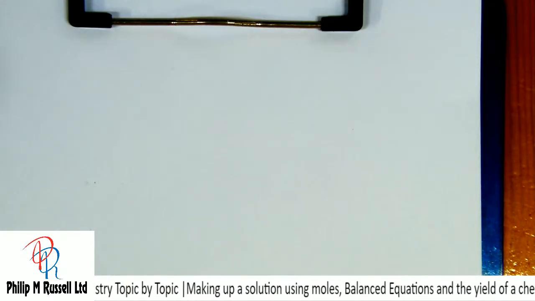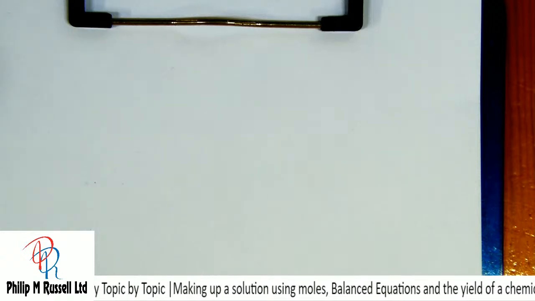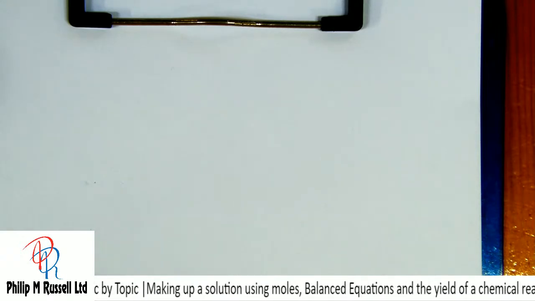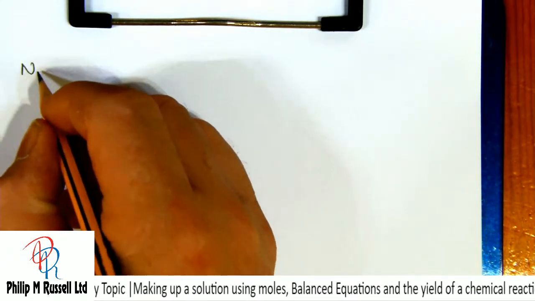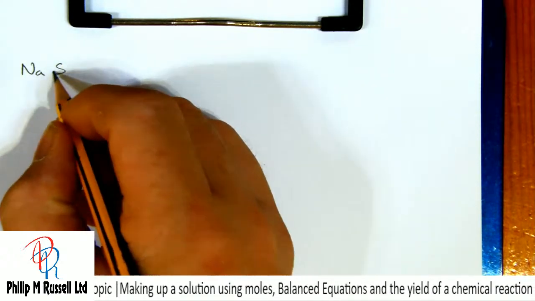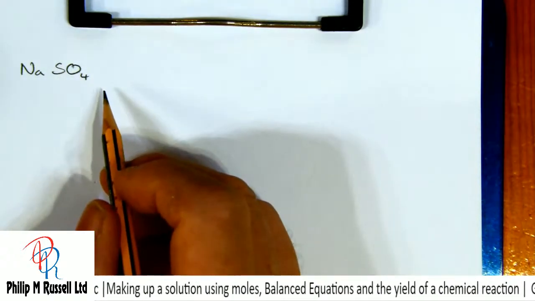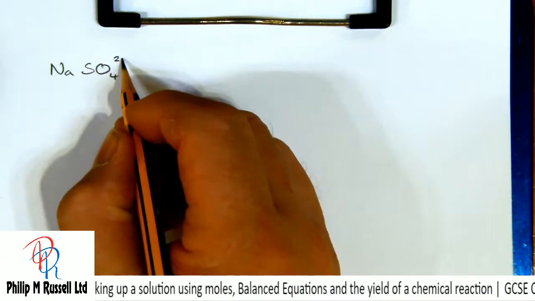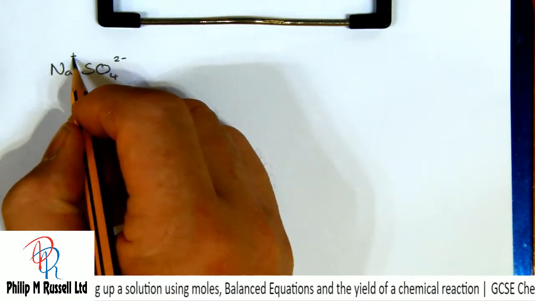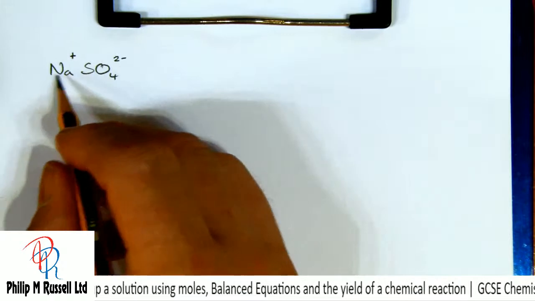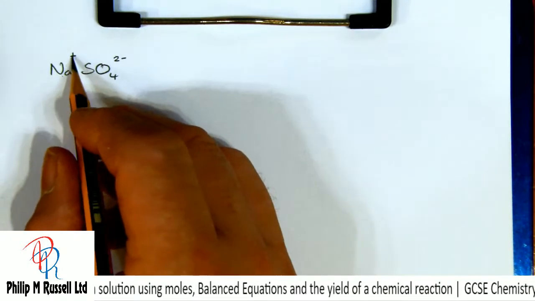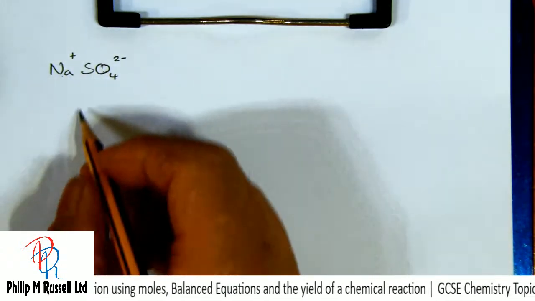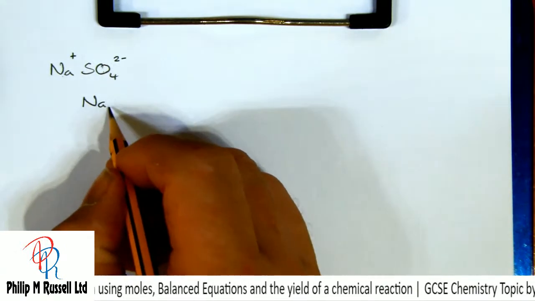Right, okay, so what I've got is some sort of thing to work out. Let's revise some things first. Let's choose a substance. I've got sodium sulfate. Now when I look at something like sodium sulfate, we know that sulfate is 2 minus. We know that sodium is 1 plus. So to get these to work, sodium's in group 1, so it's 1 plus. So I will need 2 sodiums to react with the sulfate. So my formula is going to be